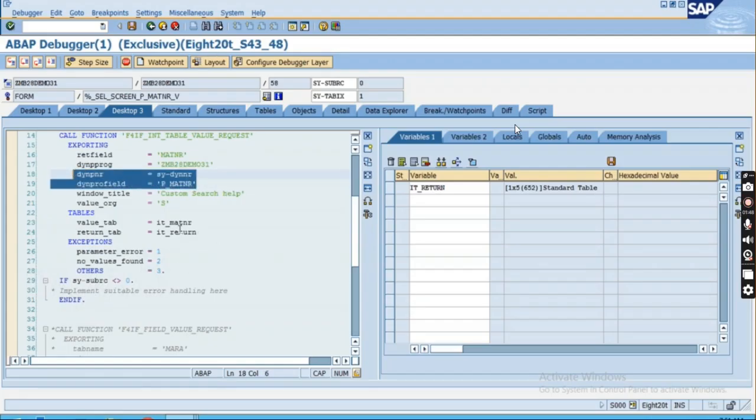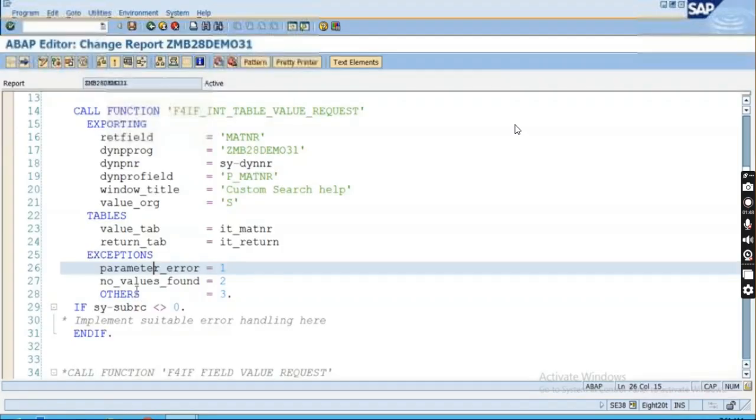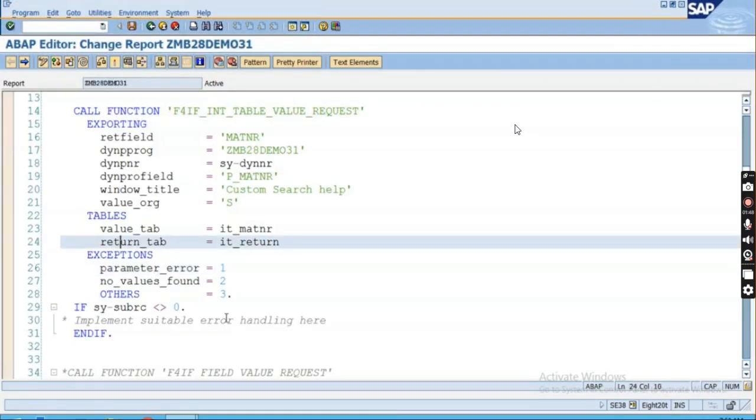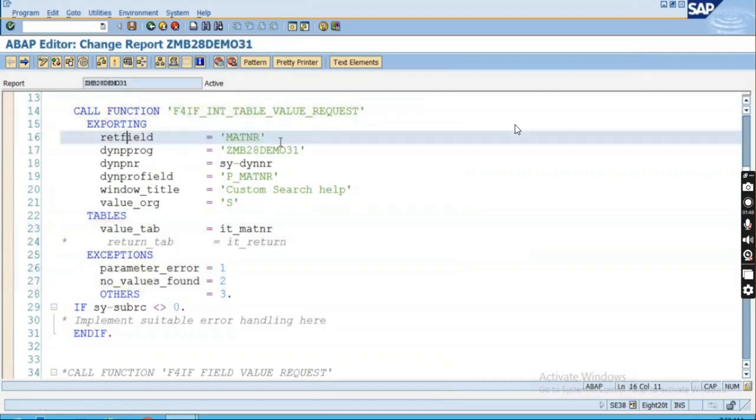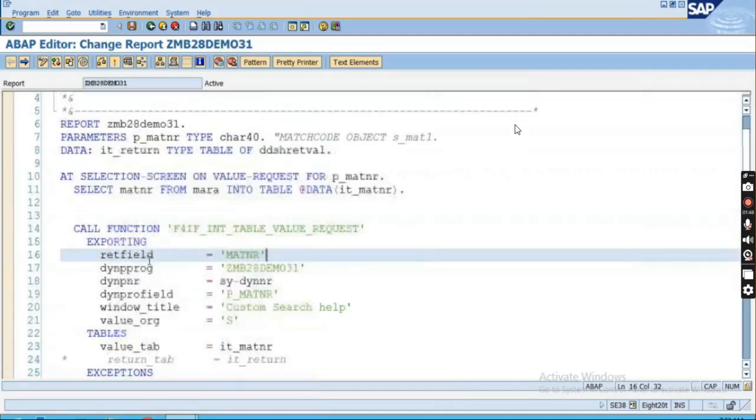Okay, so in that case you can use this IT_RETURN. Here if you want, you can just disable this one, not required. Okay, now what I want to share with you over here is that this return field is material number. What is the meaning of this return field? Meaning of this return field is nothing but